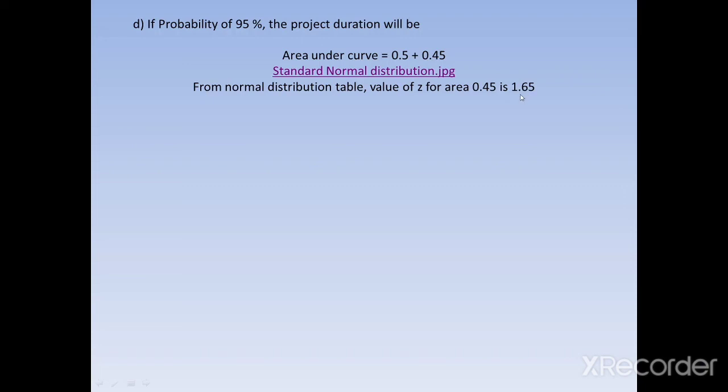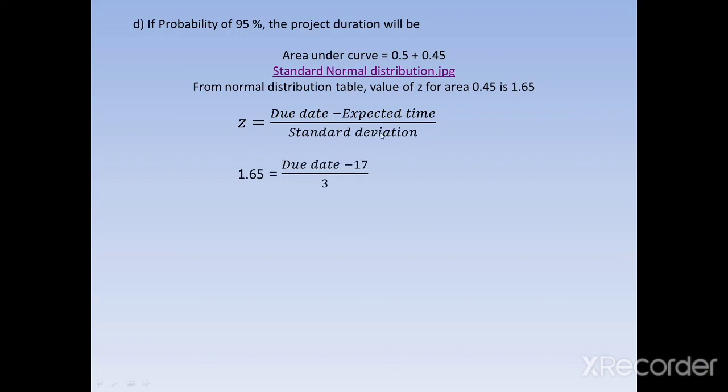Now using this 1.65 value and the earlier formula, Z is equal to due date minus expected time over standard deviation, we need to find the due date. Putting in the values, Z is 1.65, the expected time is 17 and the standard deviation is 3. So 1.65 is equal to due date minus 17 divided by 3, and when you calculate this, you will get the due date is equal to